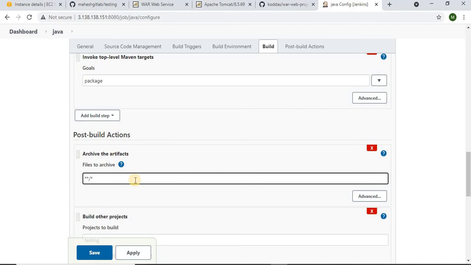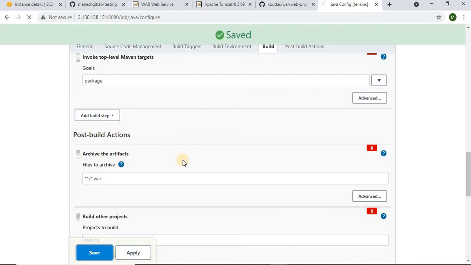I'm telling it to archive whatever war file has been generated. I'm requesting Java that once you're done with the package step, you will have some artifacts, either war, or if it is a jar file you can give jar, depending on the application. So give that. You are asking Java to archive those artifacts. Okay, apply, save.